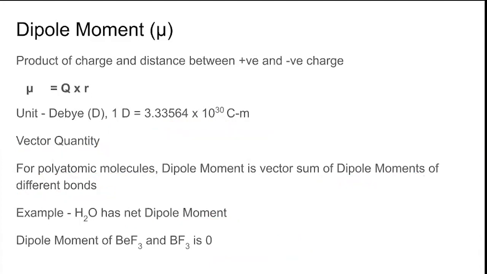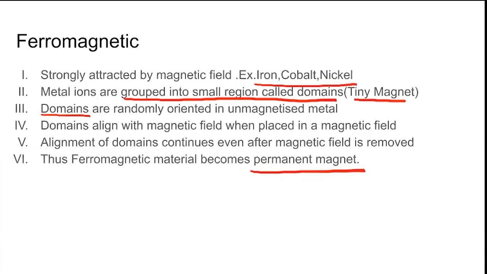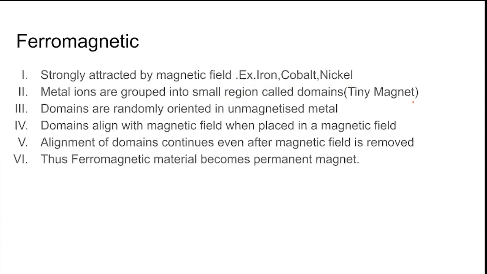Okay. Now coming to ferromagnetic and other different kinds of magnets. Basically, we do not have to study this in much detail because in only one page everything is given. Only I have put in a bit more detail. They become a permanent magnet. There is a term called domain. Domains are nothing but a group of small regions. They behave like tiny magnets. They have their own dipole moments, and these are called ferromagnetic.